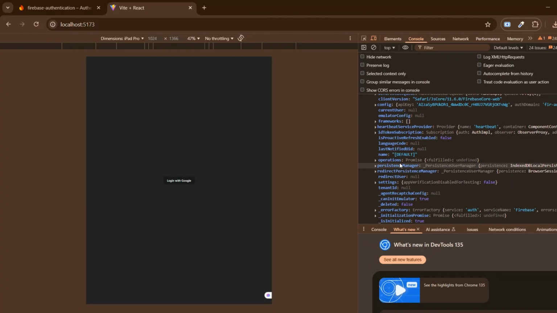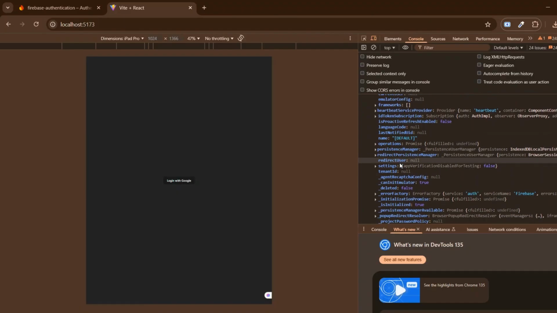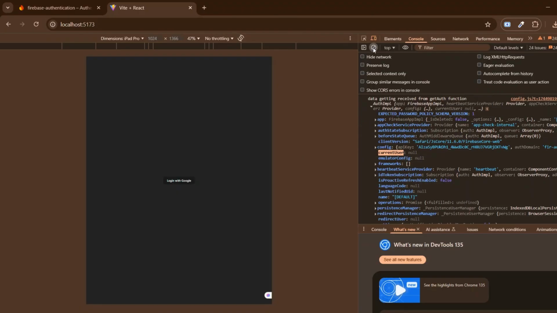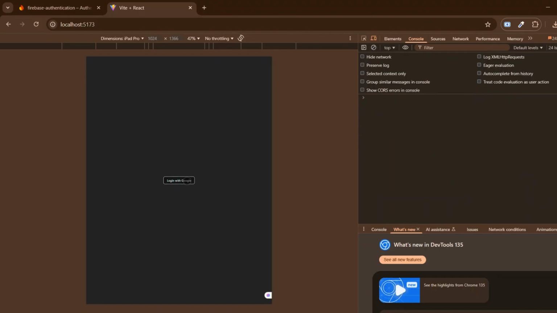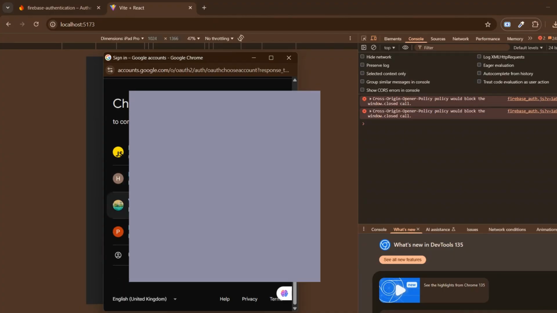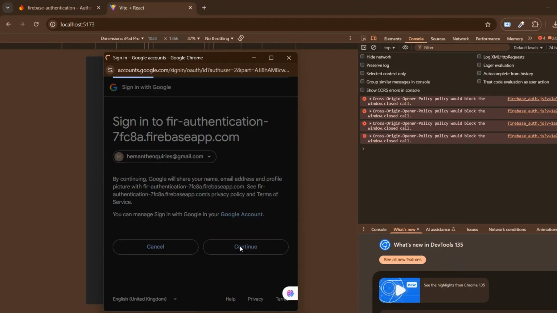All the user details will be stored inside a property called currentUser, which is here, as you can see. Currently, the currentUser is null because we have not logged in with any Google account. So now let me click on the login with Google button again, and from here, let me select my Gmail. If I click on my Gmail and click on the continue button,